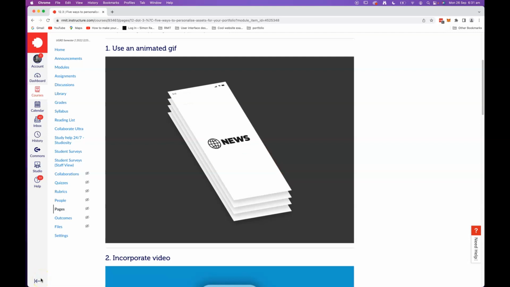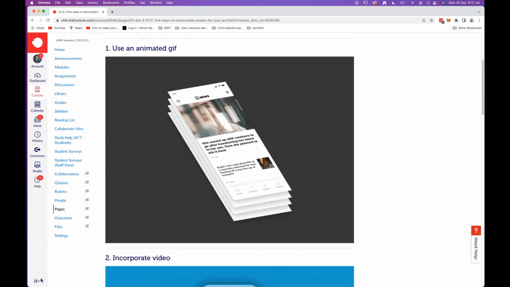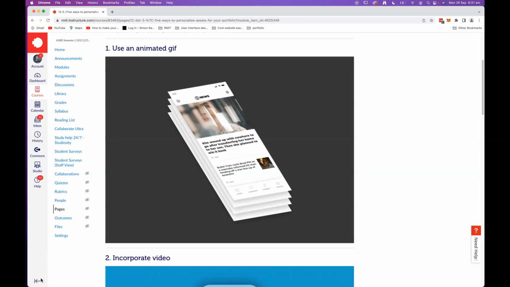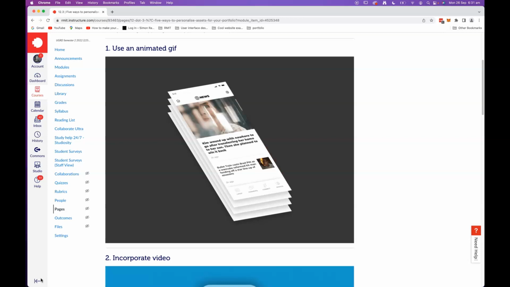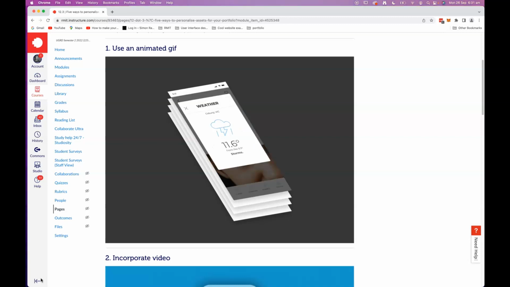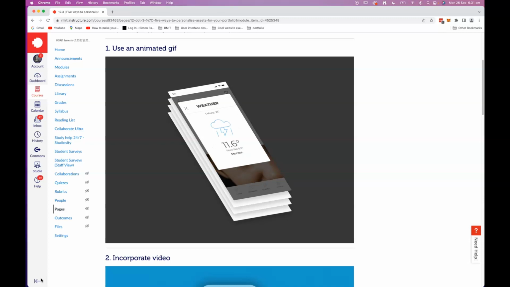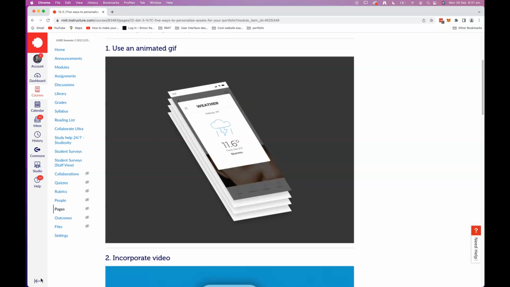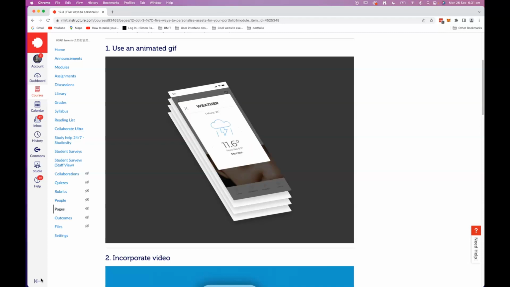We're looking at approaches to personalize the assets that you use in your portfolio. And in this video, I'm going to look at including animated GIFs. I reckon an animated GIF is a great way to add, very simply, a little bit of multimedia to your presentations. And in this particular instance, we're making a presentation related to a user experience